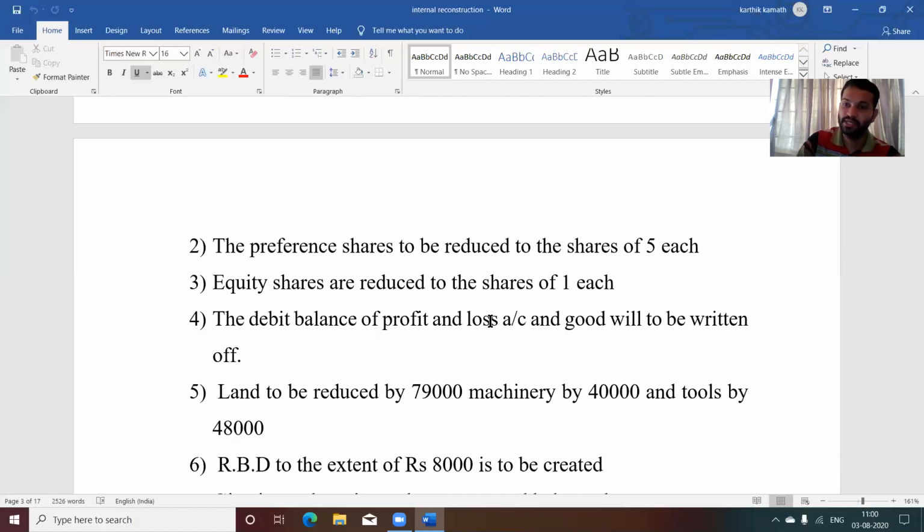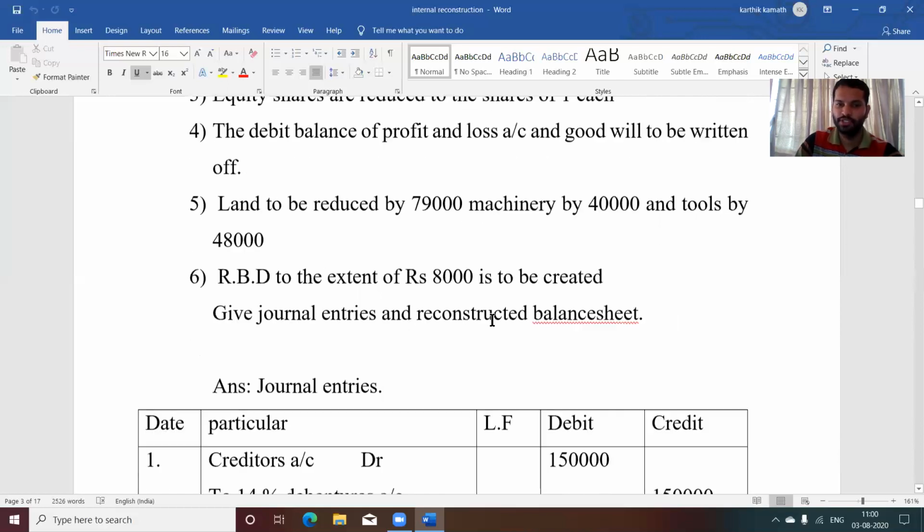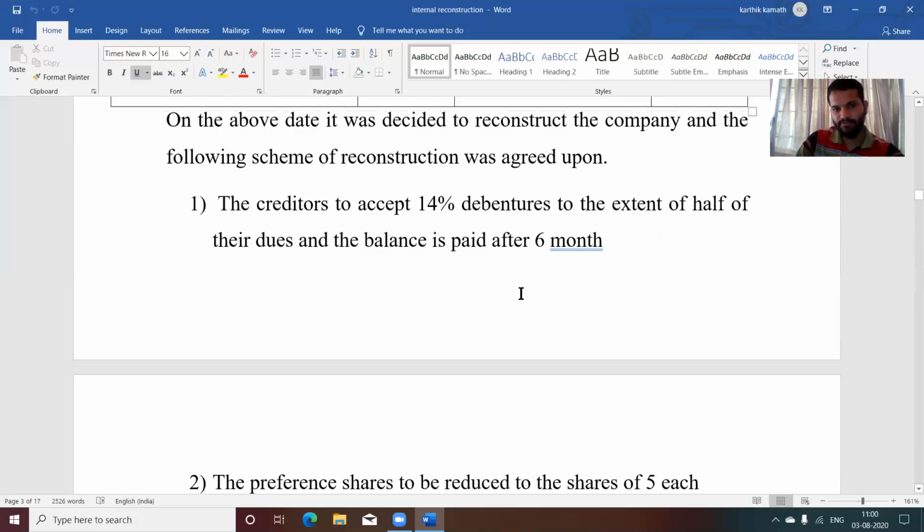So there is an adjustment in the balance sheet also. RBD to the extent of 8,000 is to be created. Give journal entries and the reconstructed balance sheet. So, journal entry. Whenever you are passing a journal entry, first you see the adjustment. First adjustment,